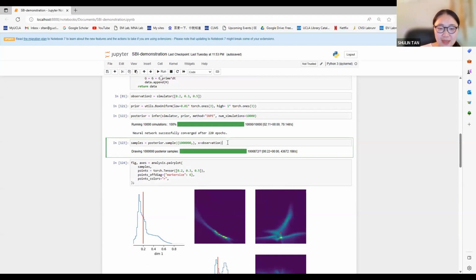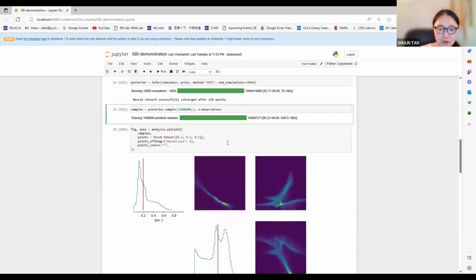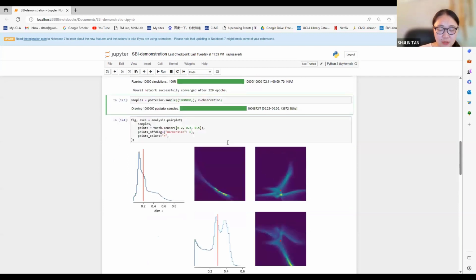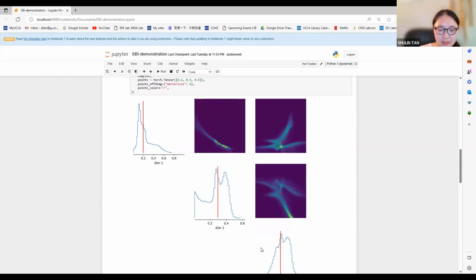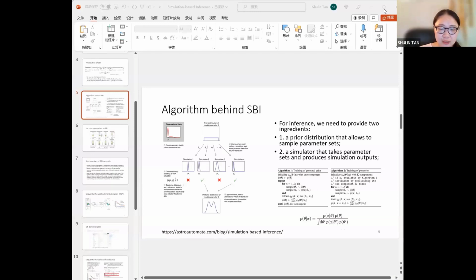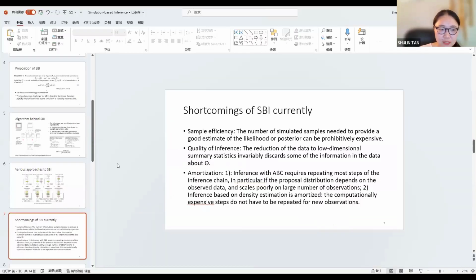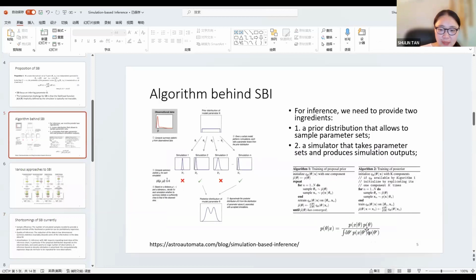Yeah, actually, it has some effect, but it doesn't work very well, and the reason behind this is that if we look at the slide, if we look at the position of the distribution, if we look at the proposition of our SBI,